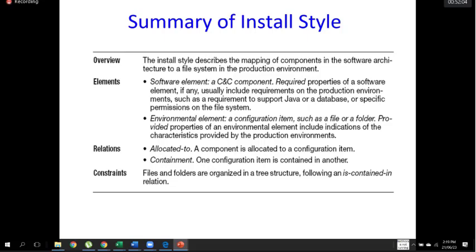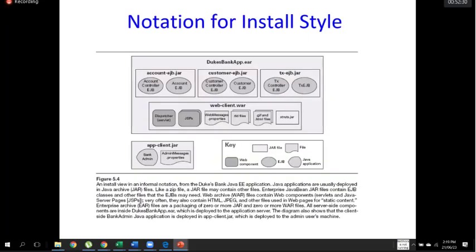Basically, UML does not propose any diagram for this one. Its idea has to be captured and represented by taking a generic view. Maybe present it in diagrams, you have to use generic graphical representation if you want to use graphics. Otherwise, you have to use some textual representations. Some of the informal notations that we're using for the installation style.